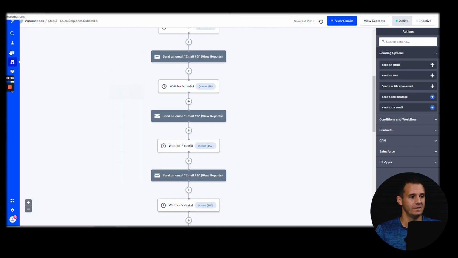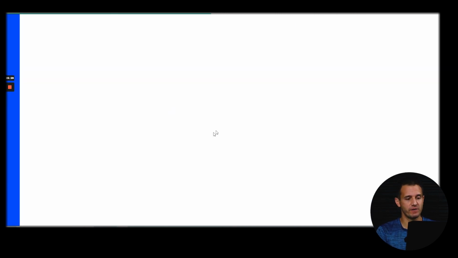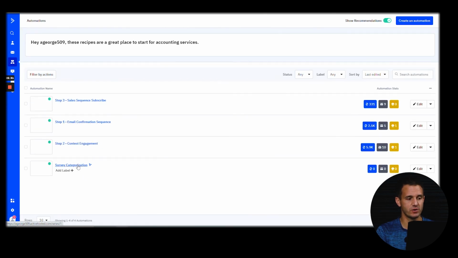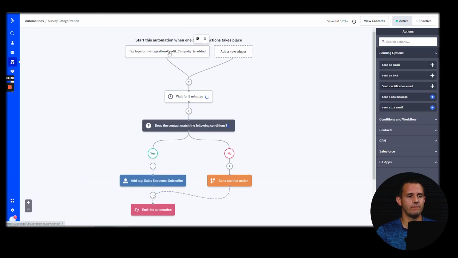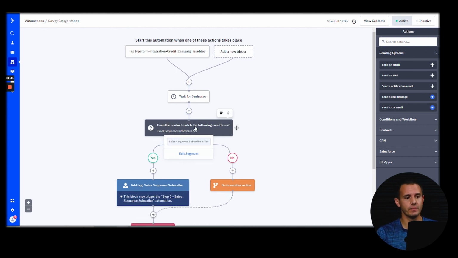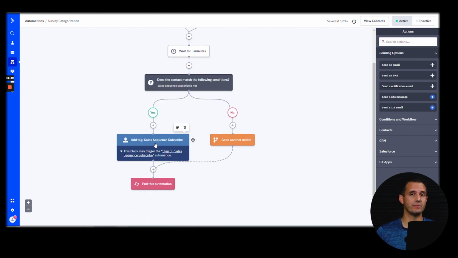Okay. So that's basically showing you guys how I set up ActiveCampaign. I have a survey confirmation categorization sequence as well in here, which is basically where people that fill out the survey, they get tagged, as you can see up here. And this is through the API, and then they come in. If they have that they want to learn more, then it basically takes them to the left, which is they come into the sales sequence subscribe. So it's just an automation that qualifies them, brings them into the right automation. Great. So this is a really great way to set up your business, doing a contest, utilizing ActiveCampaign.